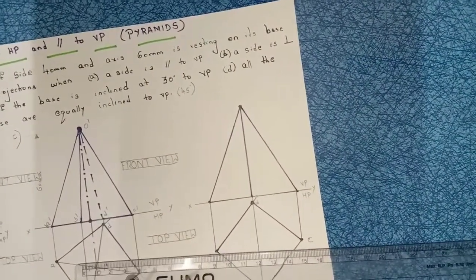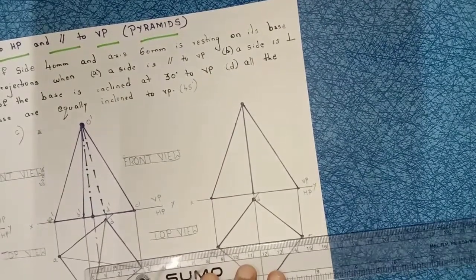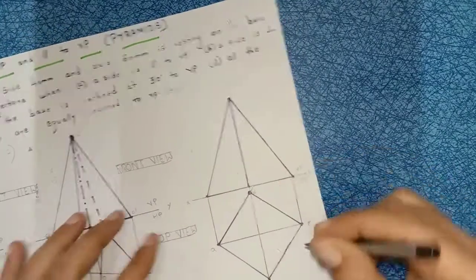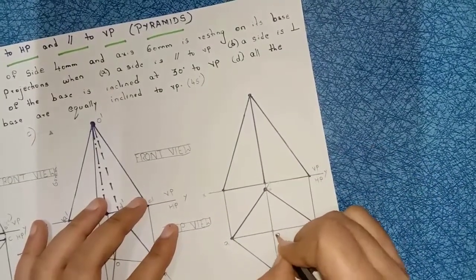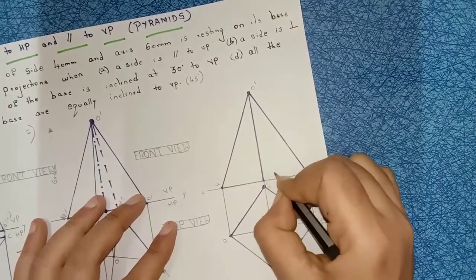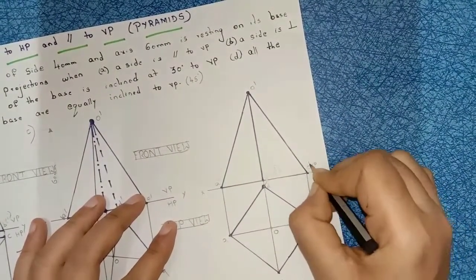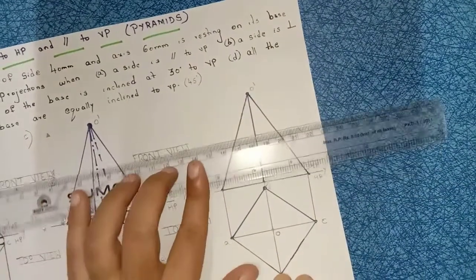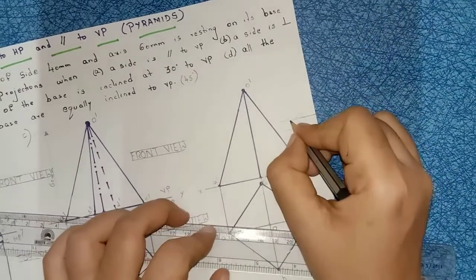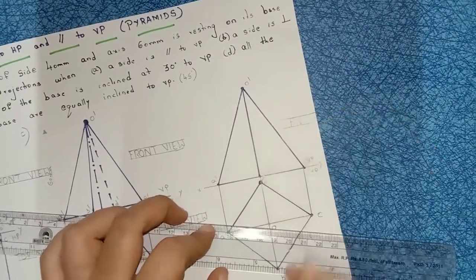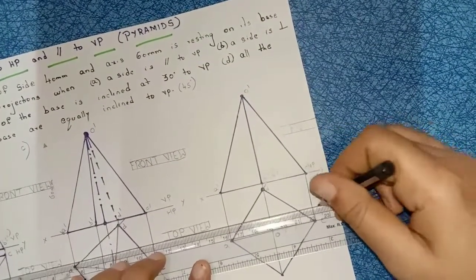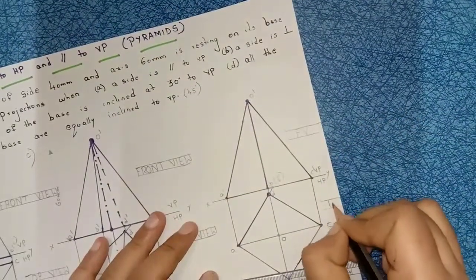Join here A to C. This point is here O. This point is here O dash, A dash, B dash, D dash and here C dash. After completion of your problem, take height 5 mm and write down here this is your front view. Take height 5 mm below the reference line and write down this is your top view.